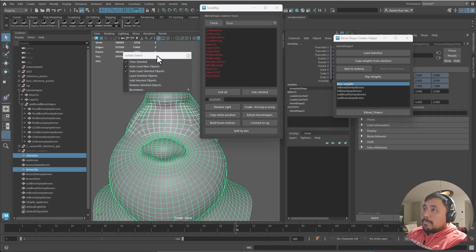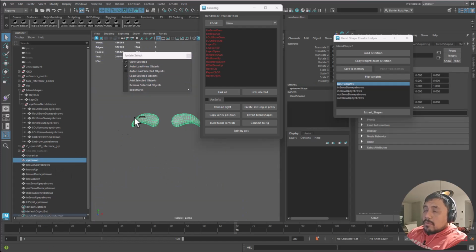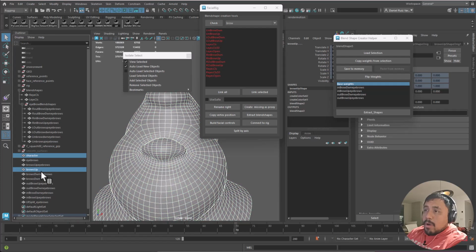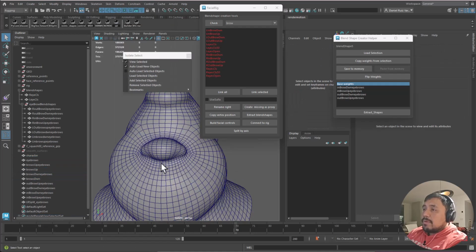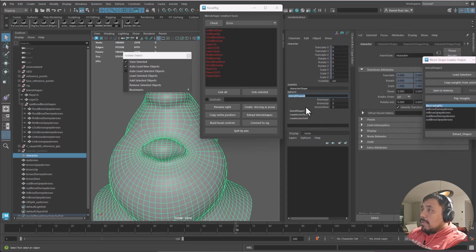I'm going to repeat the process that I used to split blend shapes on the brow, but now I'm going to do it on the character. So I'm going to start by applying the brow up, brow down to the character. I'm going to select it, Form, Blend Shape. Once applied, I can see it actually already had a blend shape with the brow up and down, so I can